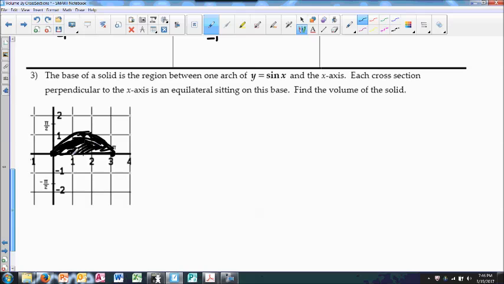So that means, since each of my bases perpendicular to the x-axis is an equilateral triangle, then this is how my three-dimensional shape would come about. So if I were to try to sketch this shape, try to give you an idea of what it would look like, the equilateral triangles are smaller pieces of it. I could try to